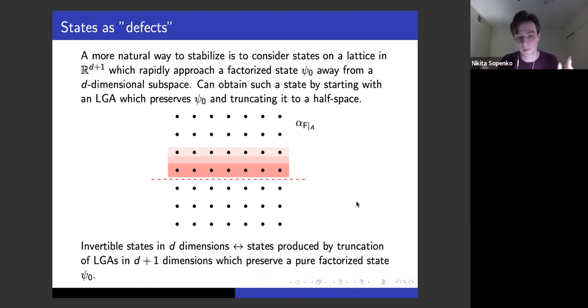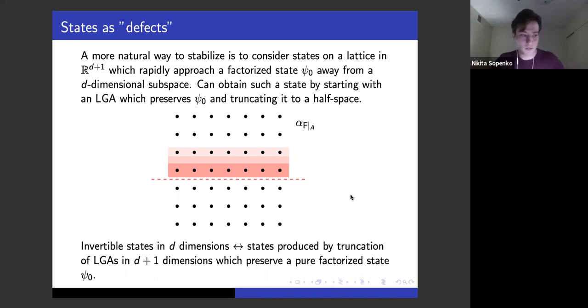Such a thing, well, the composition in this group of LGA is actually almost localized on the boundary, the interface between half spaces. And it completely disentangles the whole state, the composition of these two states. And the inverse map is also done similarly to this Eilenberg-Swindle trick. So if we have some invertible state on a d-dimensional system, we can just create pairs of state and anti-state in the upper half space and then annihilate them in a different order. So it produces some LGA.